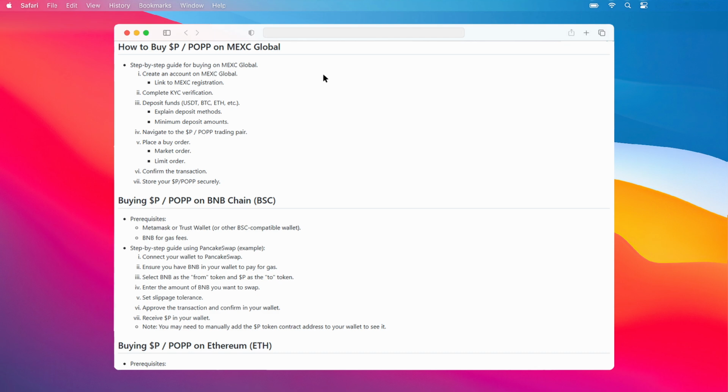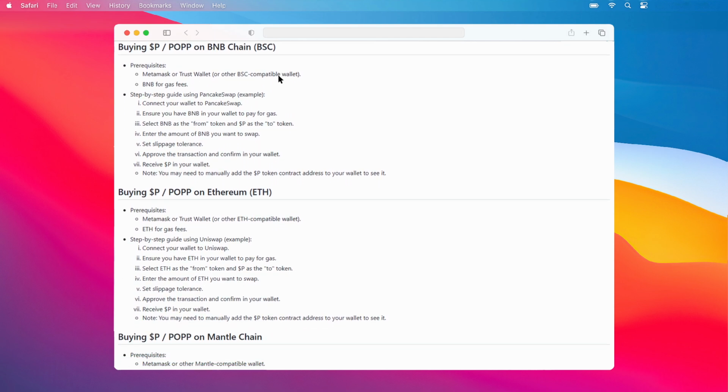Select BNB as the from token and $P as the to token. Enter the amount of BNB you want to swap, set your slippage tolerance, approve the transaction, and confirm it in your wallet. Once completed, you'll receive $P in your wallet, but you might need to manually add the token contract